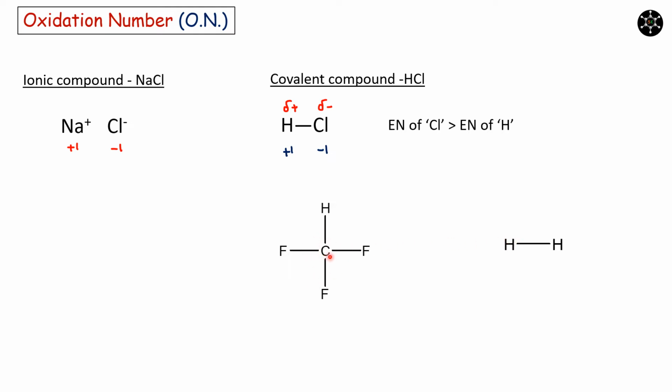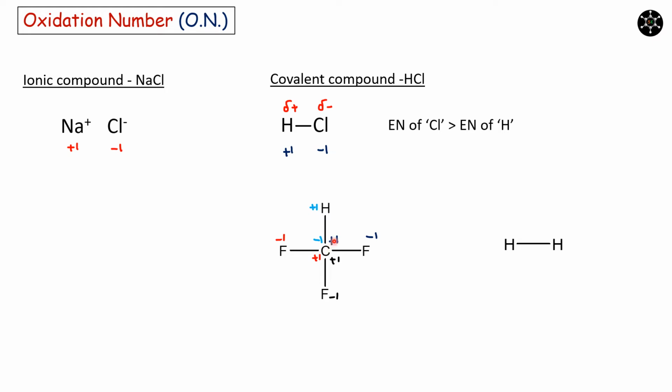Here if we consider between carbon and fluorine, fluorine is more electronegative. So this gains minus 1, carbon gains plus 1. Between carbon and hydrogen, hydrogen is less electronegative, carbon is more electronegative. So minus 1 to carbon and plus 1 to hydrogen. If we do it with this fluorine and this fluorine, fluorine is more electronegative. So fluorine gains minus 1 charge, carbon gains plus 1 charge. This fluorine is more electronegative. So minus 1 here, carbon plus 1.